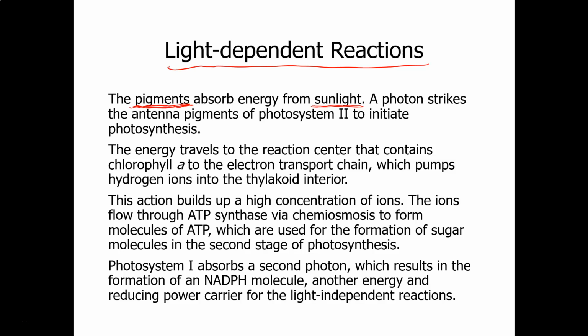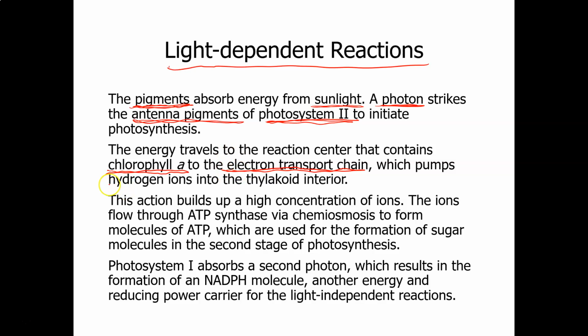Then a photon of light energy strikes the antenna pigments. They're called antenna pigments because they absorb light energy. It strikes the antenna pigments of photosystem 2, which is located within the membrane of the thylakoid, to initiate photosynthesis. The energy travels to the reaction center chlorophyll A molecule, then to the electron transport chain,